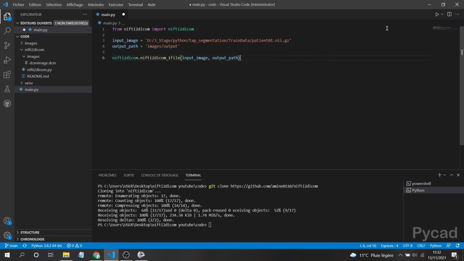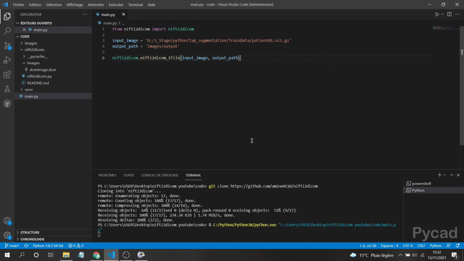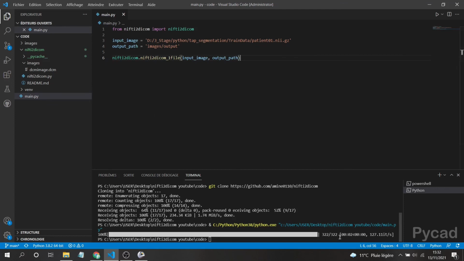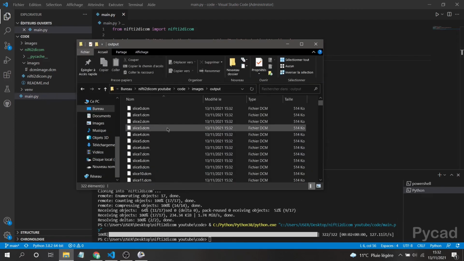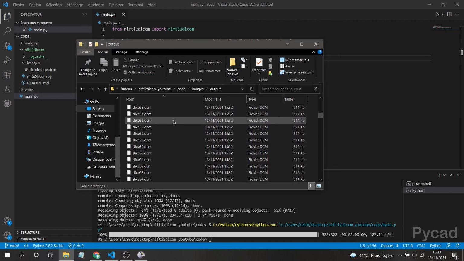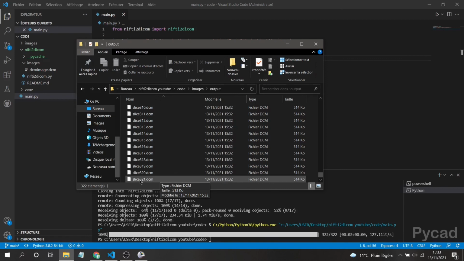Now what we need to do is just run this code, and you will see this progress bar used by the function that I told you about, pydicom. So you need to install it as well. And now you can see that the conversion has been done. It converted 322 slices. Now let's go here, and you can find all the slices in the output folder. Everything is here. You can see we have 321 because we started from 0, so 0 to 321, which means 322